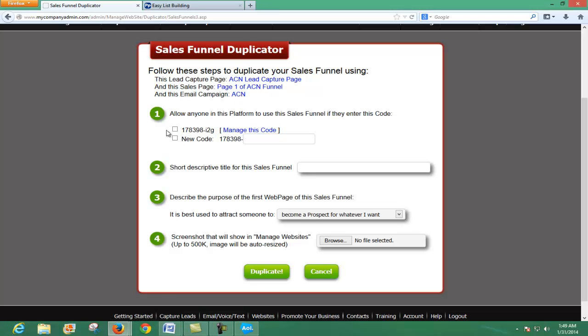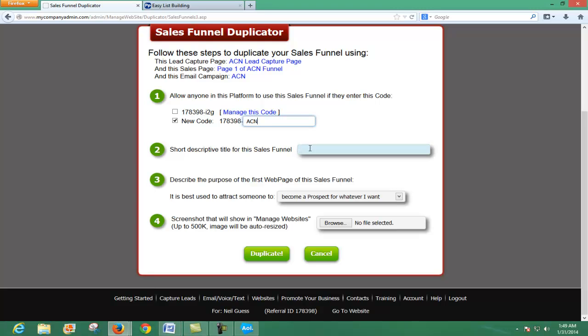Okay, so now, it's a new code. So I'm going to create a new code called ACN, and I've got that typed in. Now that is not case sensitive, so if they don't use capital letters or not, that's not going to matter. So as you notice, I just typed that in there, and then here's a short description. I'm just going to call it ACN funnel,